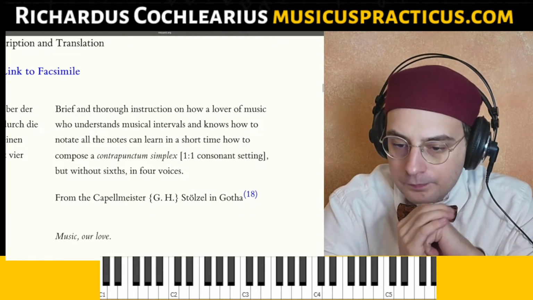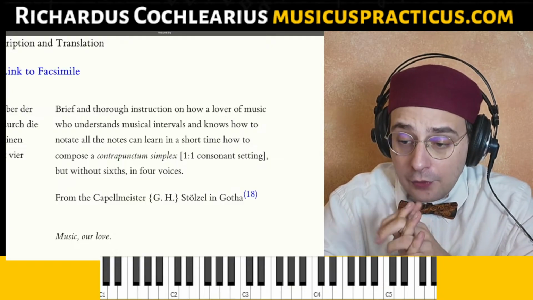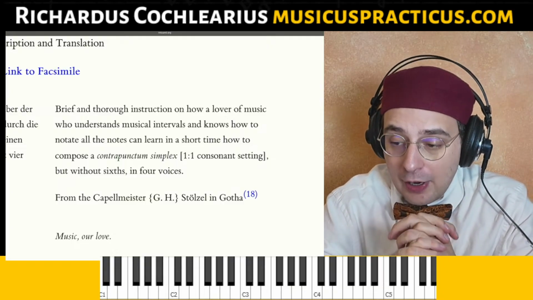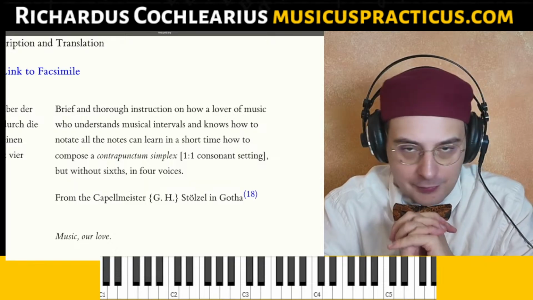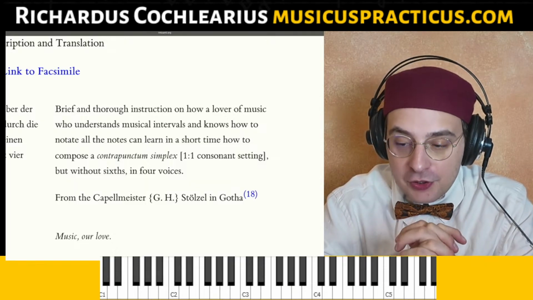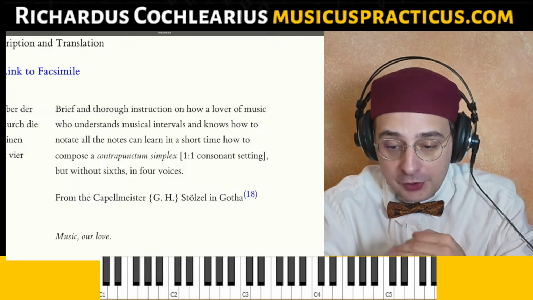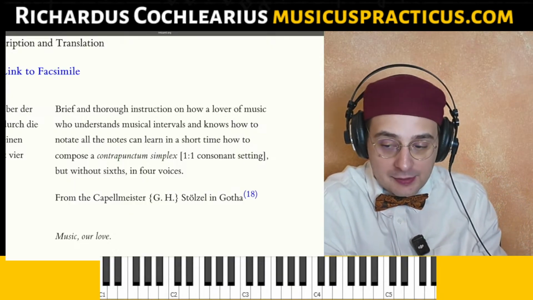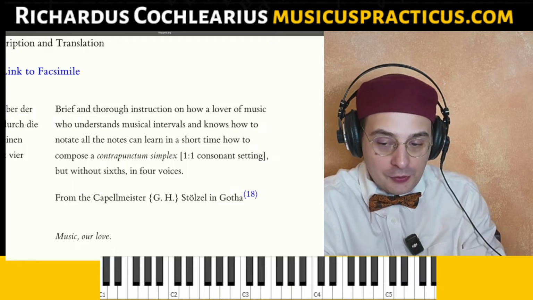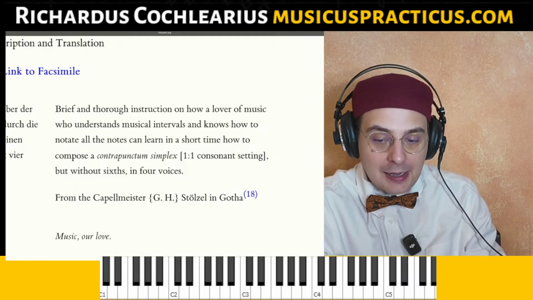Brief and thorough instruction on how, okay, this is the beginning, on how a lover of music who understands musical intervals and knows how to notate all the notes can learn in a short time how to compose a